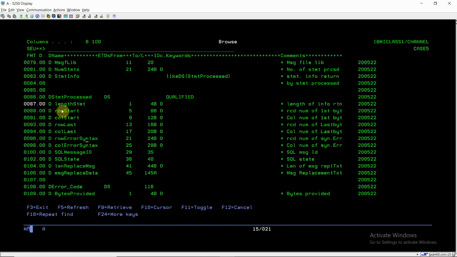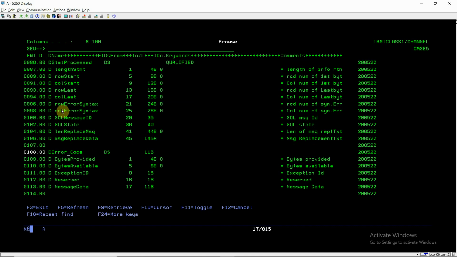This will have the SQL message ID in case of any issue with the syntax of the query which is inputted to us. This is the SQL state. This is the length of the message replacement text, and these are the message replacement text data which is received by us.